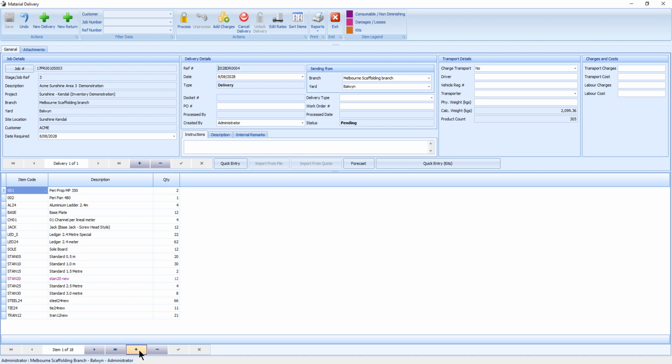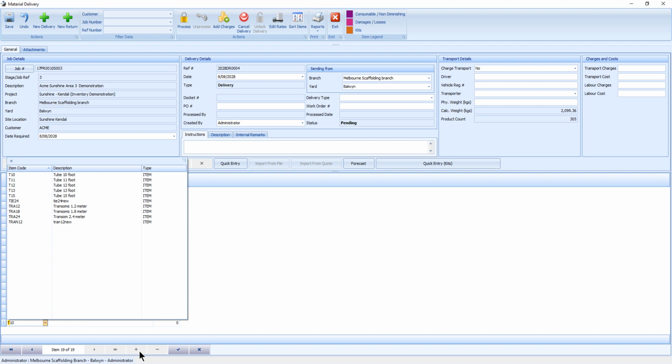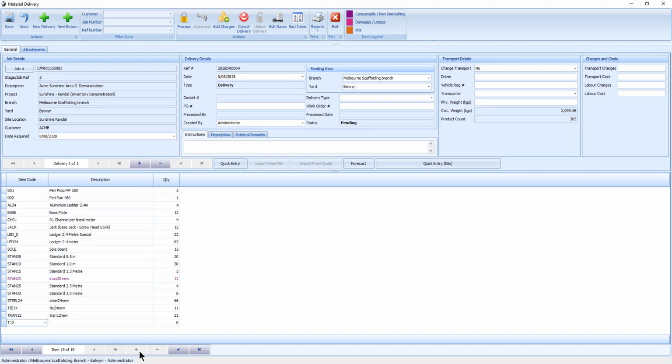Now, for those familiar with specific item codes, there is an option to manually add items individually. Click on the addition sign located at the bottom of the screen and then enter the item code. Use the arrow keys to navigate to the desired item, press the Tab key to select it, then press Tab again to move to the quantity field. For example, input a quantity of 50 and then press Tab.